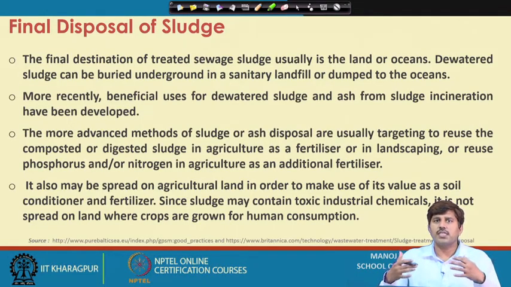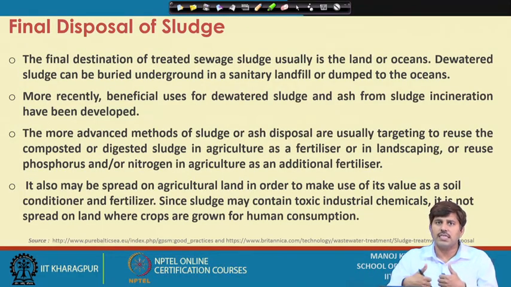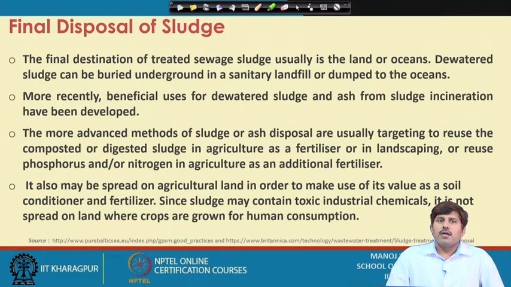The more advanced methods of sludge and ash disposal usually target the reuse of composted or digested sludge in agriculture as a fertilizer. That is the most popular reuse option of the sludge, particularly the digested and composted sludge. It can be reused as a fertilizer in agricultural or landscaping applications. It can also be reused for phosphorus or nitrogen in agriculture as additional fertilizer at times. However, for using it as fertilizer we have to spread it on agricultural land and make use of its value as a soil conditioner, but this spreading on the land comes with a risk also,